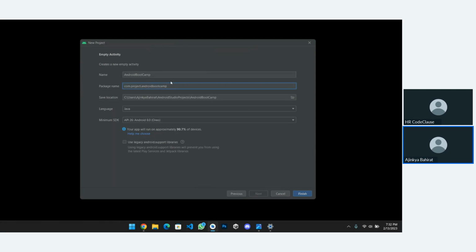Now suppose I have different activities like home page, login screen, and register. In the login activity, I want to call the home screen activity after successful login. But how can I identify the particular file and where it is stored? With the help of this path, we can identify these things.